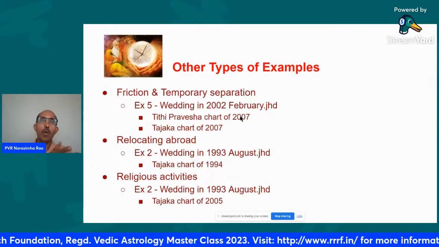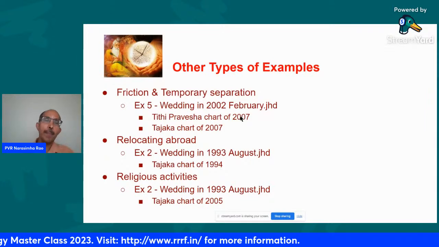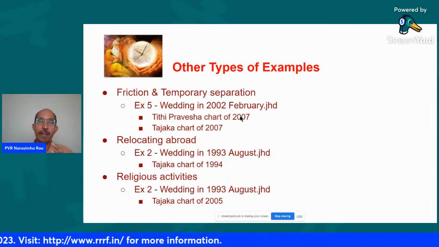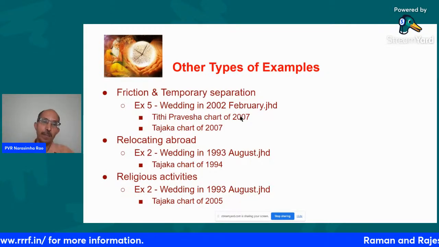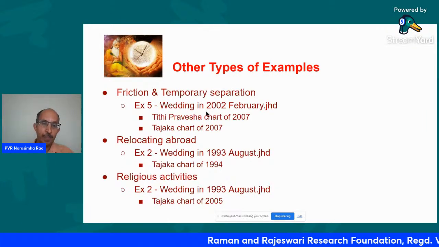Basically, these are older people. The other two examples I showed you are young people. So this is a previous generation. So basically, at that time, you try to patch things up. So this was basically similar, but there was a revival of the marriage.